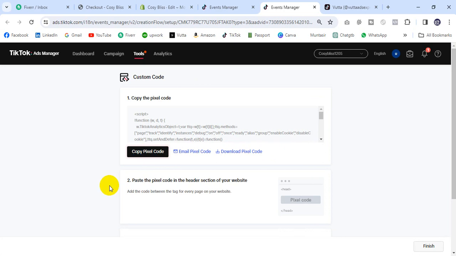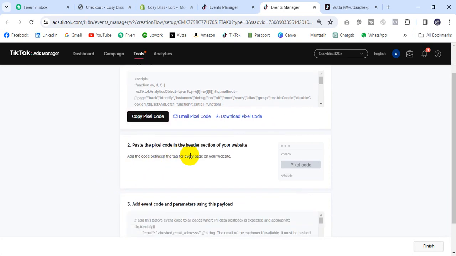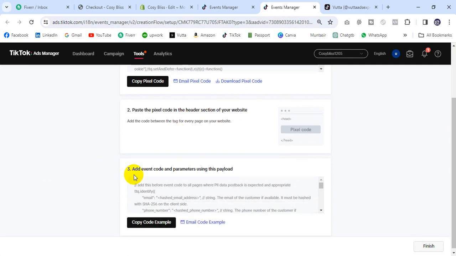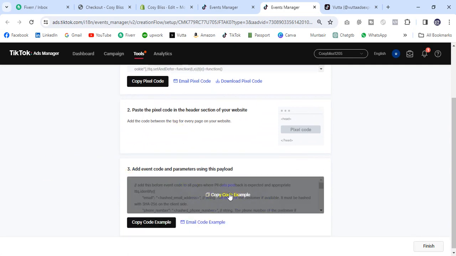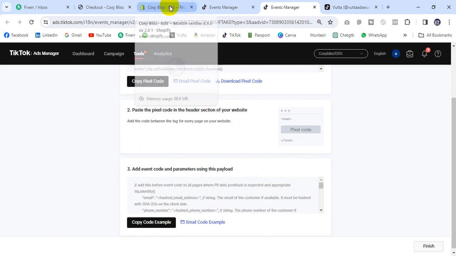Okay, then copy this code and add it between the head tags of every page of your website. Okay, and there is another new update, this one. Okay, I'll talk about it after inputting the code. Okay, then I will go to